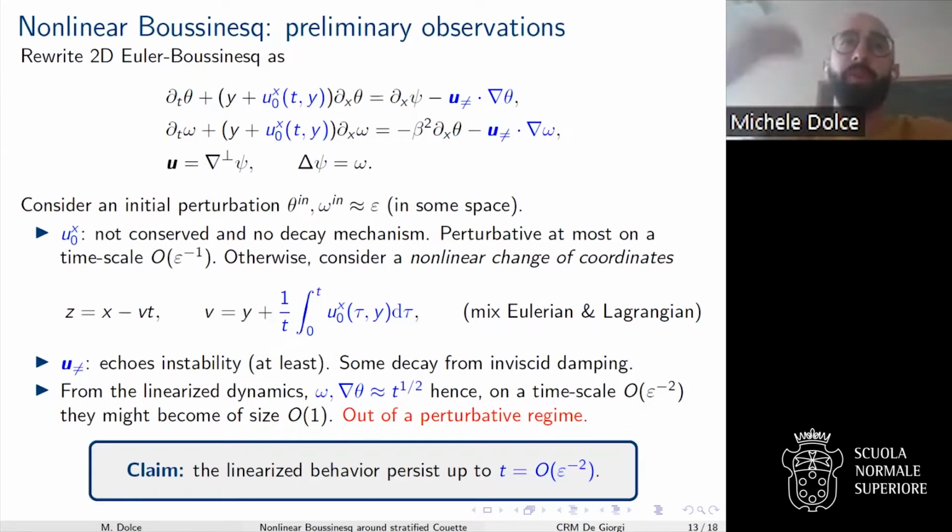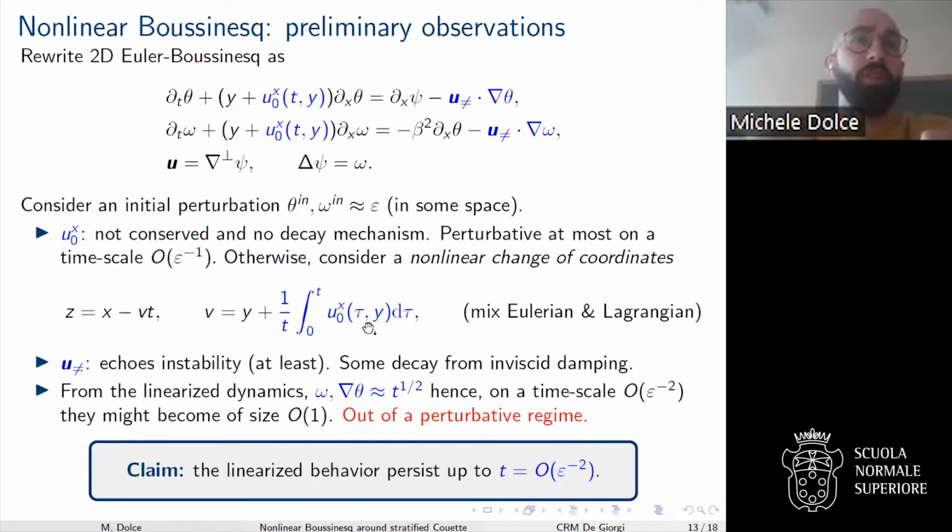And before presenting the main theorem, I want to give you some preliminary observations, what you should expect in the system. Well, consider now a perturbation of size epsilon. The zero mode is not conserved and there is no decay mechanism. So if you want to do a perturbative analysis, at most you can arrive on this time scale if you're lucky enough. Otherwise, you need to consider a nonlinear change of coordinates, that is, follow the shear flow determined by